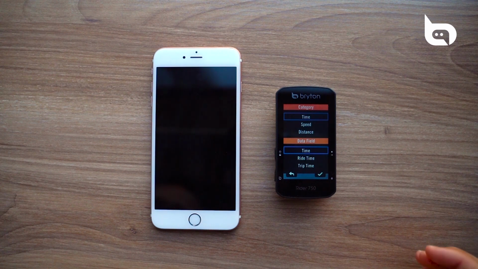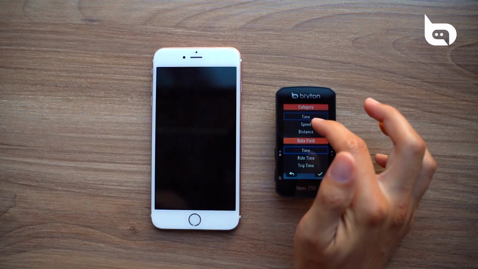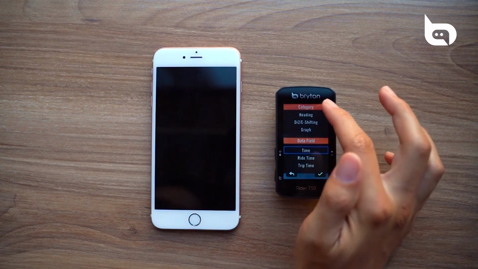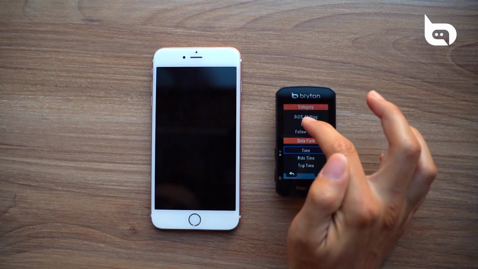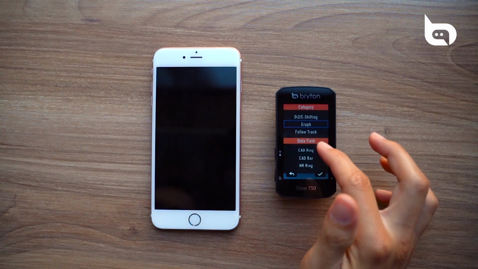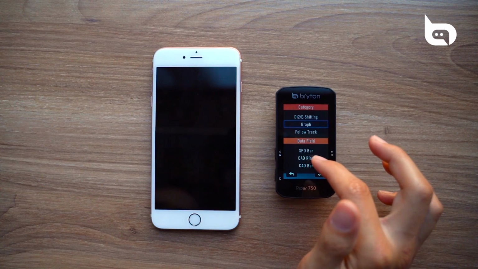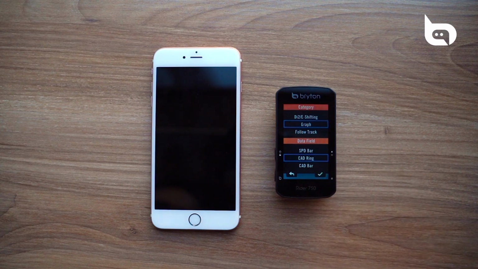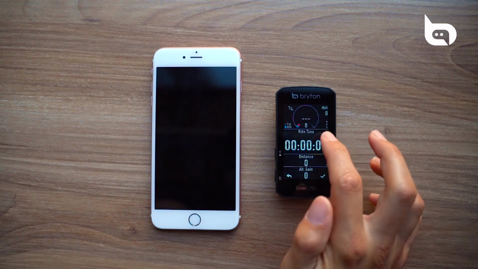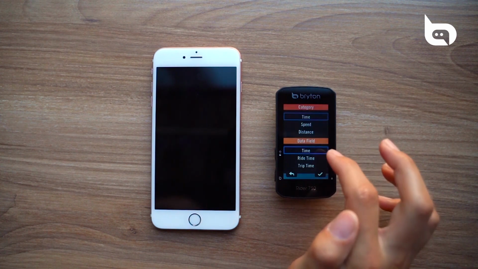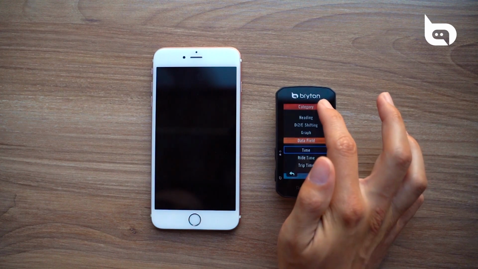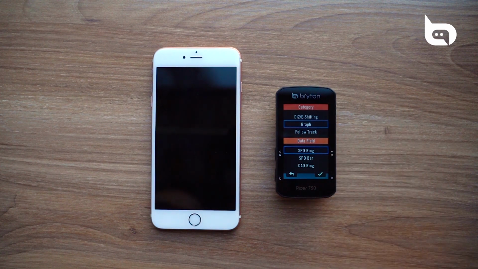So we want to add another graphical data field for this option. And this time, I want to add a cadence ring for the first field. Moving down, we'll do the same for the second field once this is selected. Okay, and then going to the second field, we're going to follow the same instructions here. And we're going to add another graphical field. And for this one, I want to use the speed bar option.